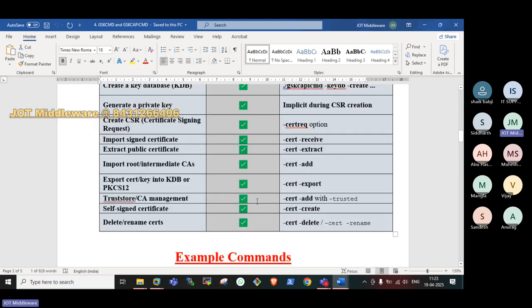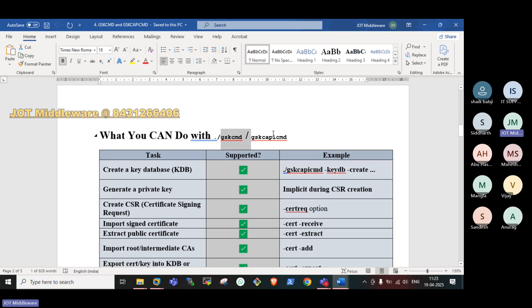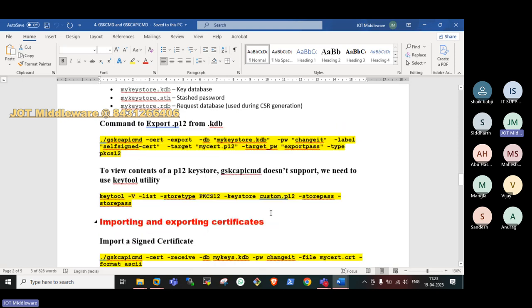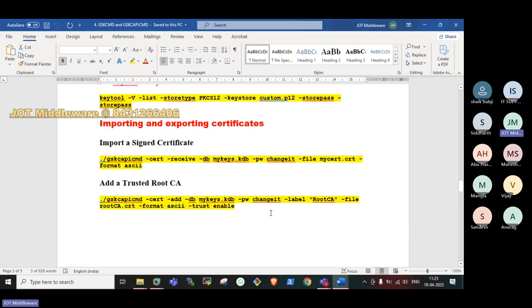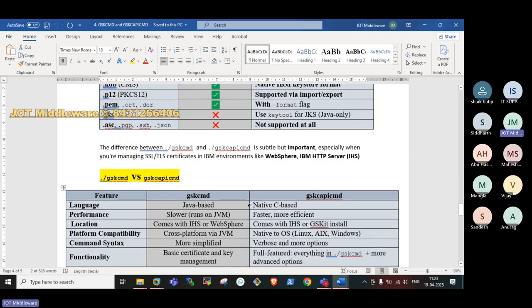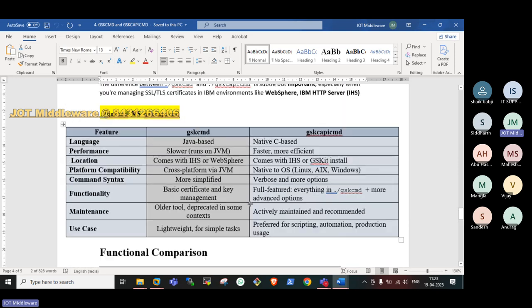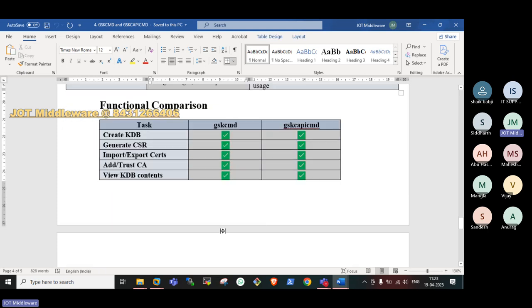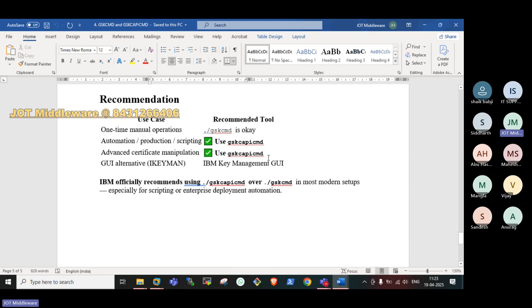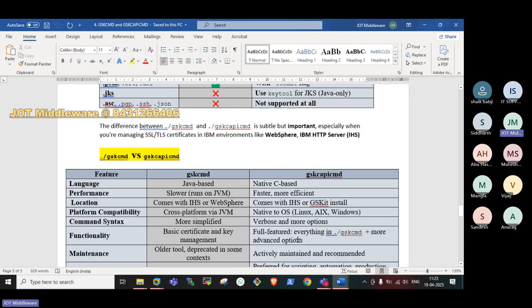So we'll see both. We'll understand what we can do with both things with examples. All right, and formats, which one supports which format, and the differences, functional comparison between both. Yes, recommendation when to use which one based on your